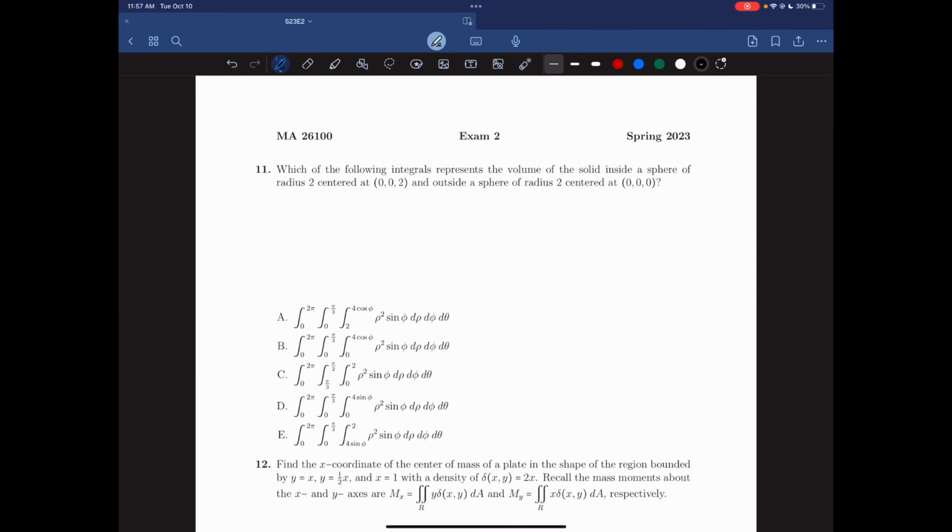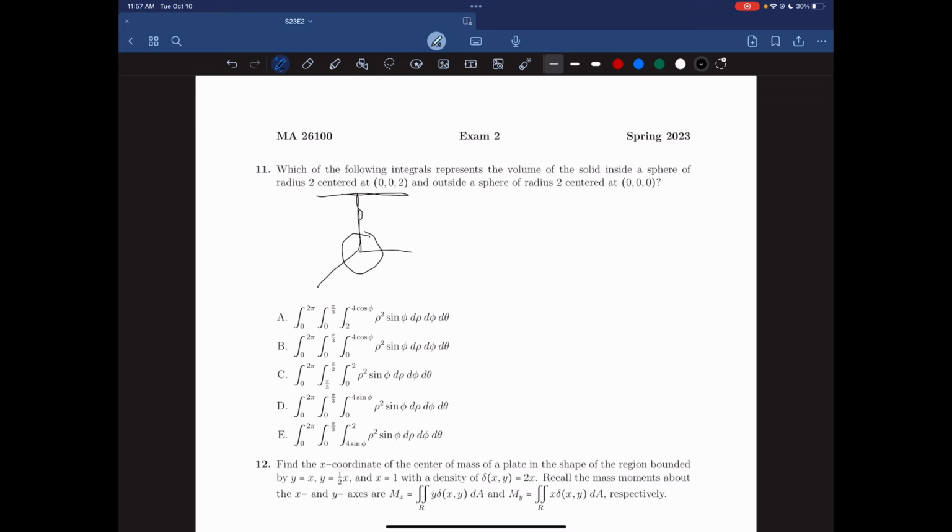Number 11, which of the following integrals represents the volume of the solid inside a sphere of radius 2 centered at 0, 0, 2, and outside a sphere of radius 2 centered at 0, 0, 0. Yeah, this is quite a difficult problem, I'd say. I probably wouldn't have known this the first time I took Calc 3. Not saying I failed or anything, but just drawing the